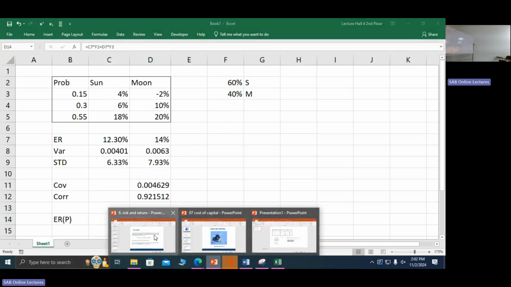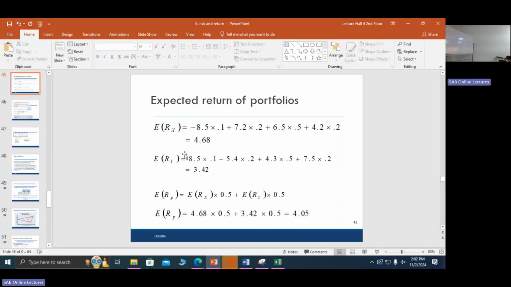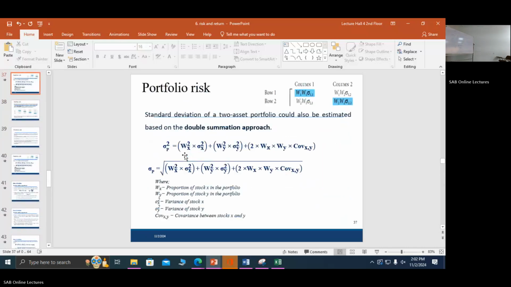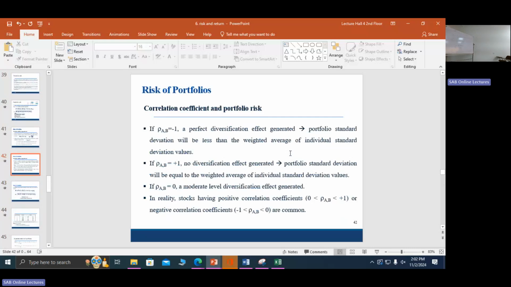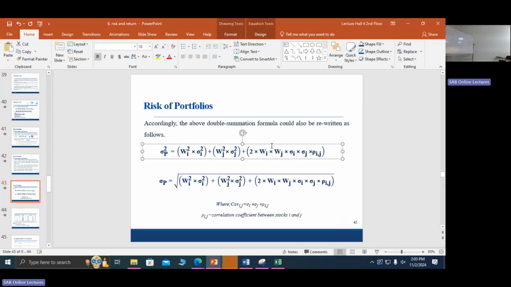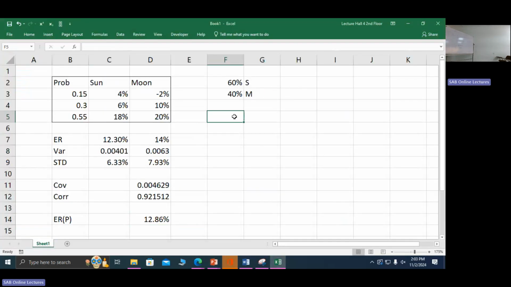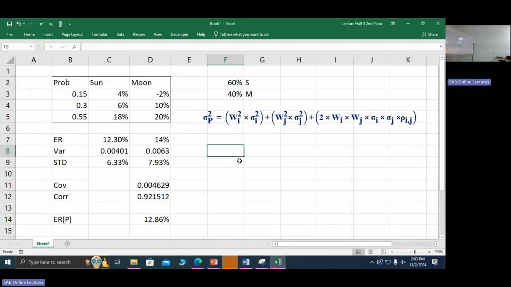So you have to use this formula. Now we are using the double summation formula, this one, with the correlation coefficient, to calculate the portfolio variance and portfolio standard deviation. So this is the formula. You can apply it, everything is with you now. So the variance of the portfolio is equal to